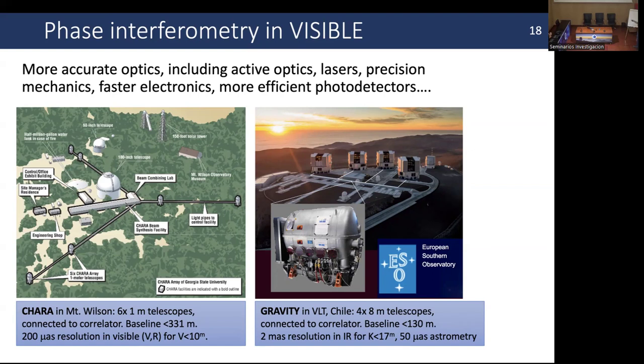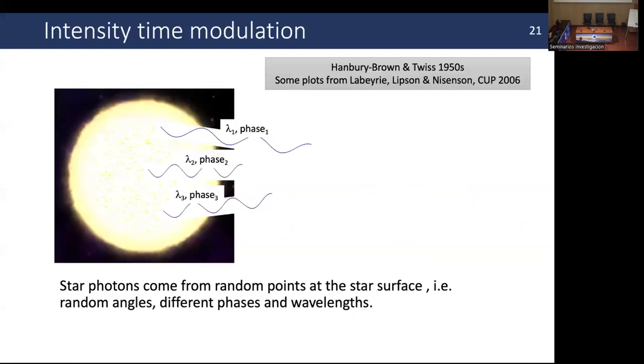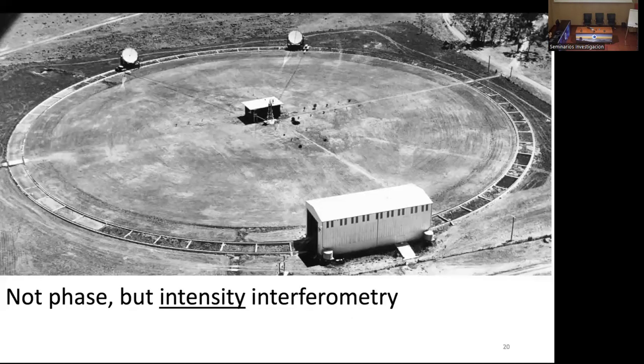And the baselines that are reached are up to hundreds of meters with CHARA and small telescopes. So it is very much restricted, as I said. Okay, so what I'm talking about here is intensity interferometry, not phase interferometry. Okay, we can do something alternative